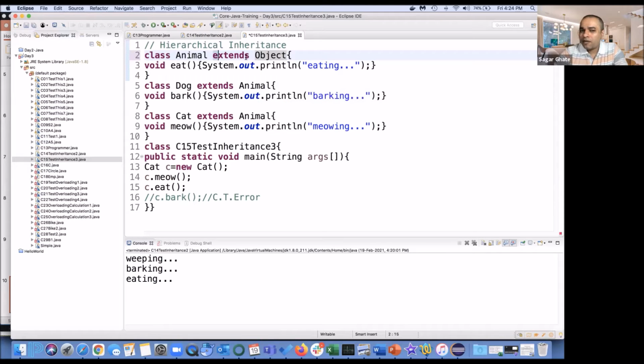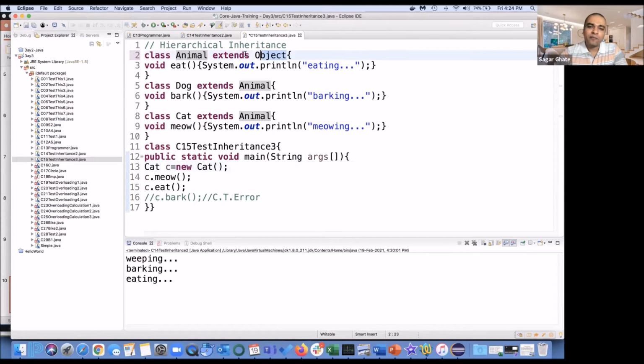If I am not writing this, your compiler will automatically write it: whatever is your superclass, or the topmost parent class, that class has to extend the Object class. That is how we are creating objects. All the basic functionality of creating objects is coming from this Object class.